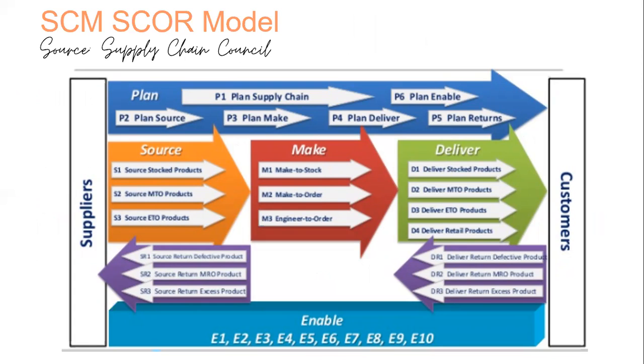Now on this slide, let's look at this. This is interesting because this is called the SCOR model, and this has been made by the Supply Chain Council, which is a global institution. Here you can see lots of activities going on. This slide basically covers everything that really happens in a supply chain. So usually there is a supplier of goods, and then there's a customer. That's pretty self-explanatory. And here you can see that in any supply chain, the first thing that needs to happen is planning.